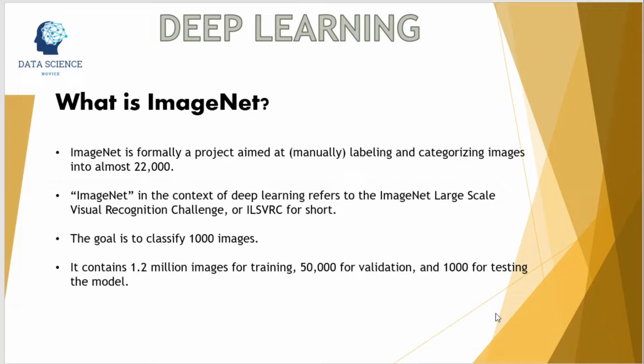These 1000 image categories represent object classes that we encounter in our day-to-day life, such as species of dogs, cats, various household objects, vehicle types, and many more. When it comes to image classification, the ImageNet challenge is the de facto benchmark for computer vision classification algorithms. And the leaderboard for this challenge has been dominated by convolutional neural networks and deep learning techniques since 2012. So this was an introduction to ImageNet. Now I would suggest you visit the official website and read about it more.